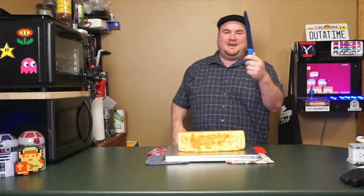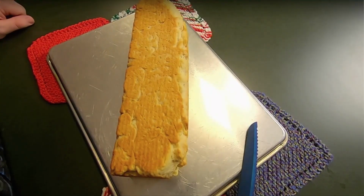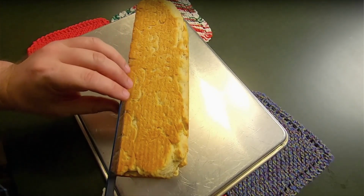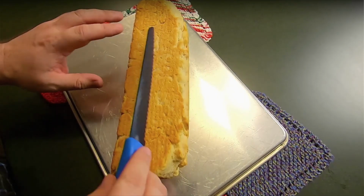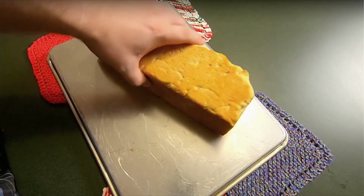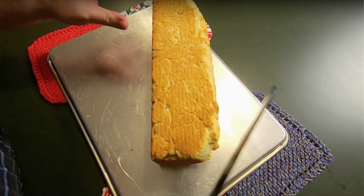Oh yeah, bread knife. So what you're gonna do is cut these long along the bottom here. I'm gonna trim off the bottom and the top. I'm gonna leave the top last, but I'm gonna trim this off because nobody wants that on a grilled cheese sandwich. If it was a roll or something like that, you're fine to leave that on, but